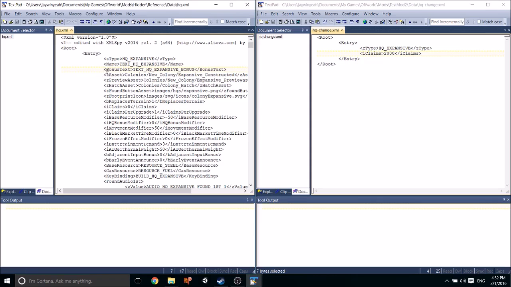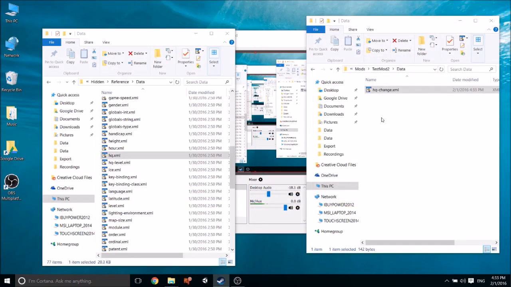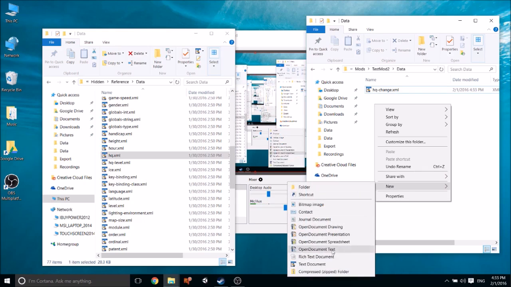So the bonus text, which you see when you mouse over that HQ button, I'm going to change to a tag called text HQ expansive new. Now this tag does not exist, and so we need to add it. Text HQ expansive new. And so the way we add tags is to create a new file,